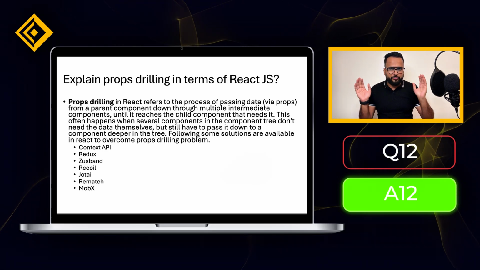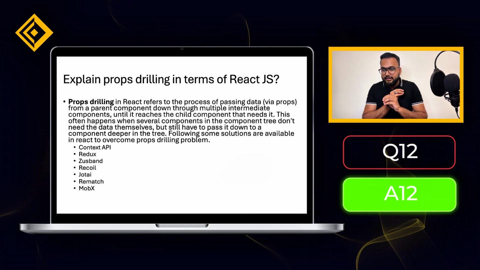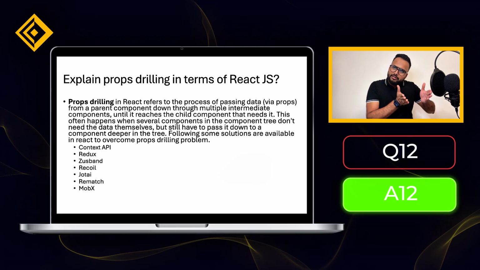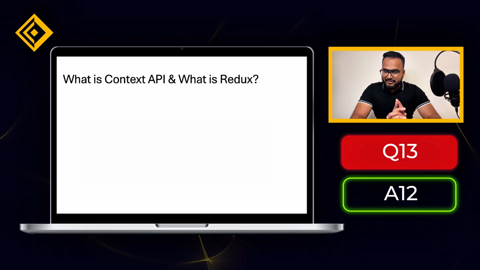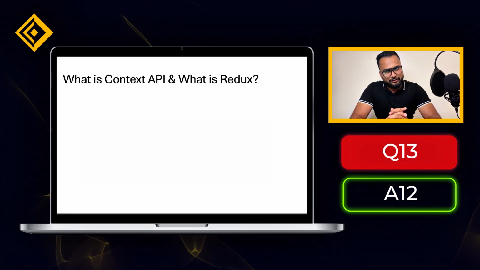Why? Because Redux has a very rich ecosystem and it has a lot of features and functionalities that we learned in our last tutorial series. After that, what is Context API and what is Redux? As you talked about context and Redux,